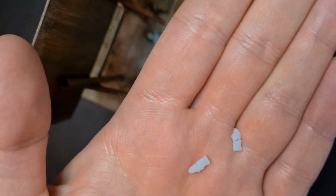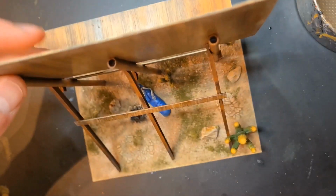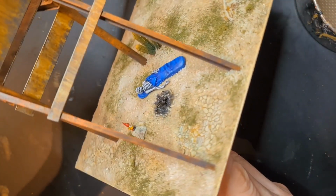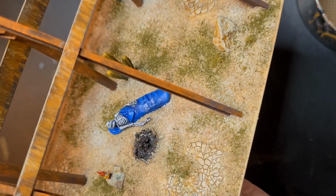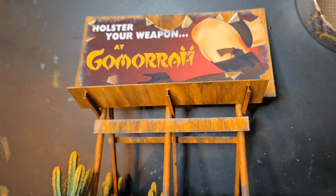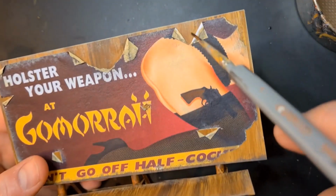And I've printed some small garden gnomes. I've painted one of them and also the skeleton in its sleeping bag. To paint the skeleton, I used white and gray colors, no bone colors here, to give it more contrast from the surrounding sand. Now the advertisement itself still looks a little bit too good, so go for some Contrast Snakebite Leather